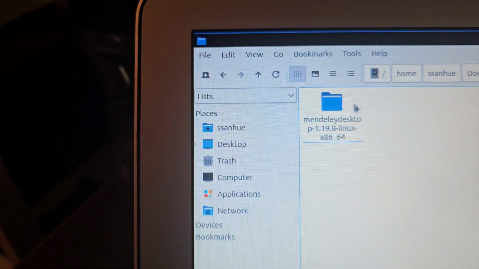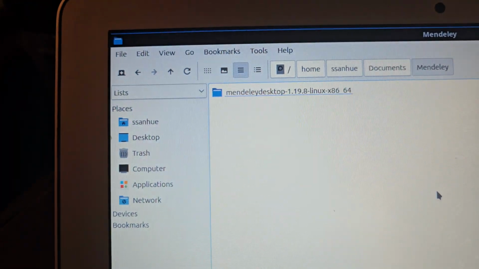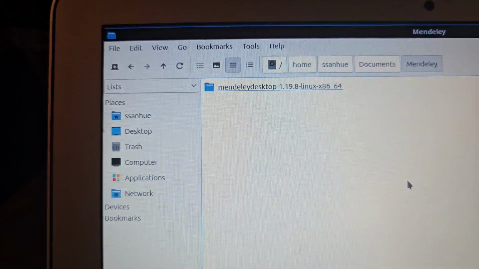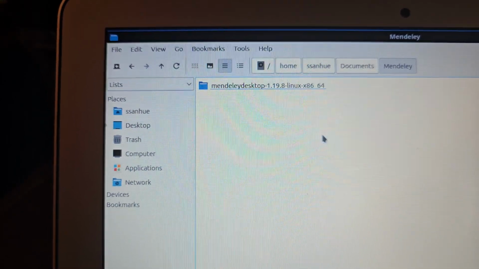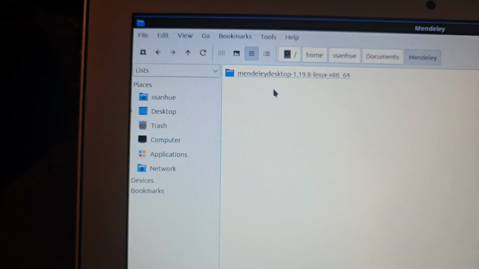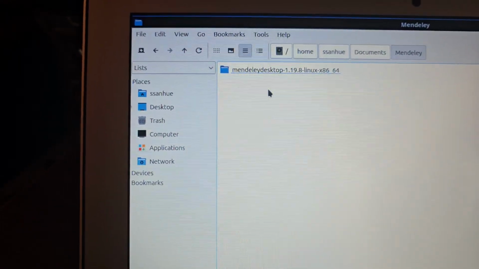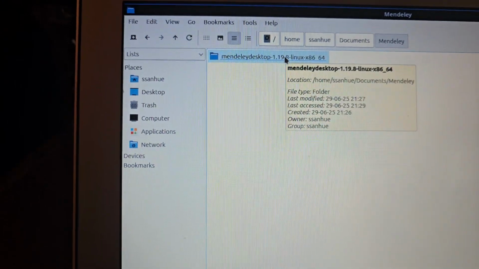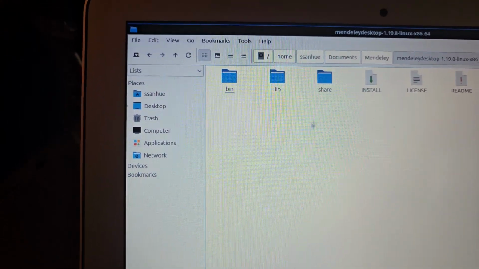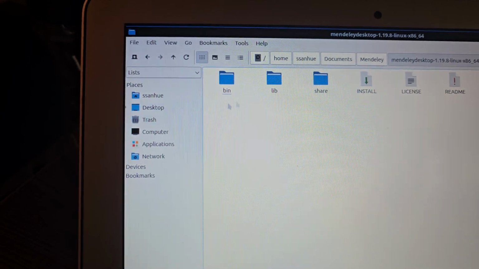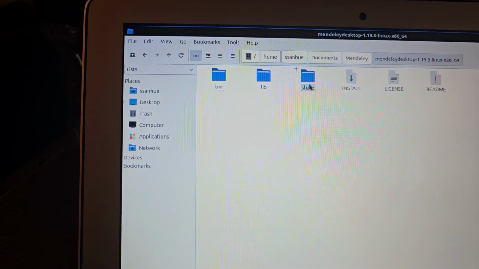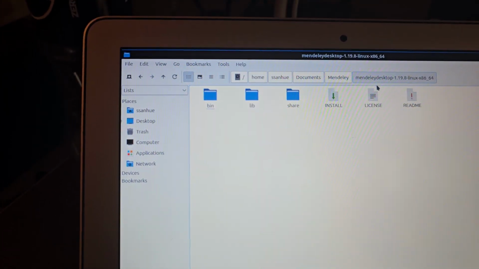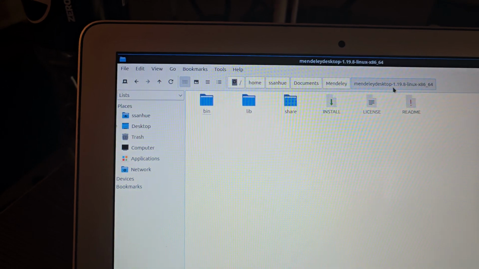So as you can see here, I downloaded this particular version, 1.19 for Linux. It doesn't have to be that one. Just make sure that the version originally supported the LibreOffice plugin. I extracted the file, and I have all the internal files and that kind of stuff. And then, once inside the main Mendeley desktop